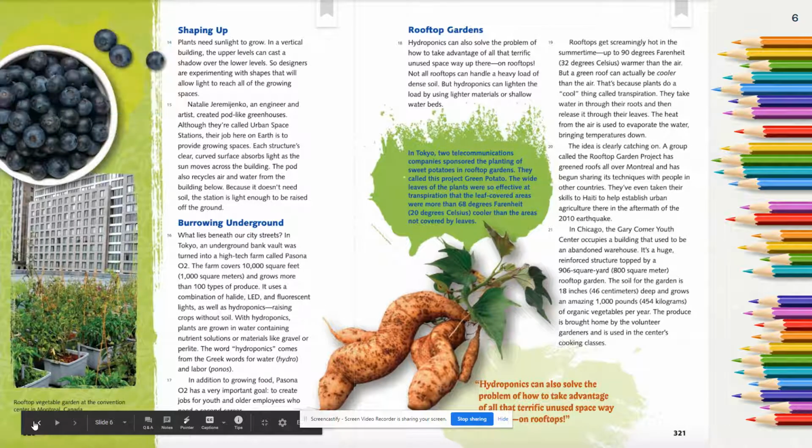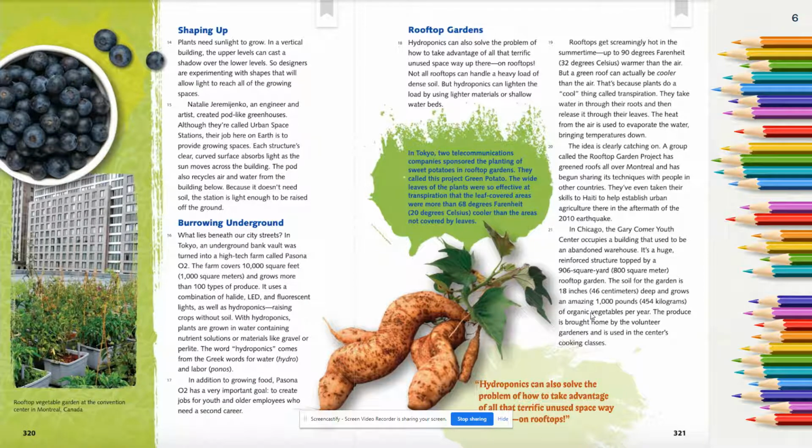Listen to this. So, after reading, I want to answer the question I asked earlier. What is this section mainly about? Well, mainly, this section of text is about creating gardens in tight urban spaces by growing food vertically, underground, or on rooftops. I can see this information as I read and also can tell from the headings and subheadings of this section.